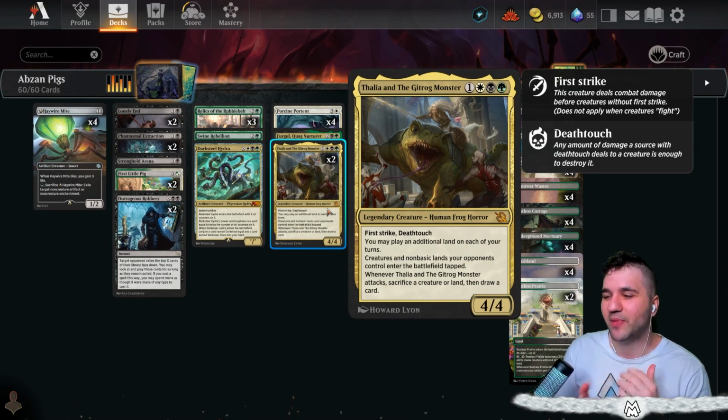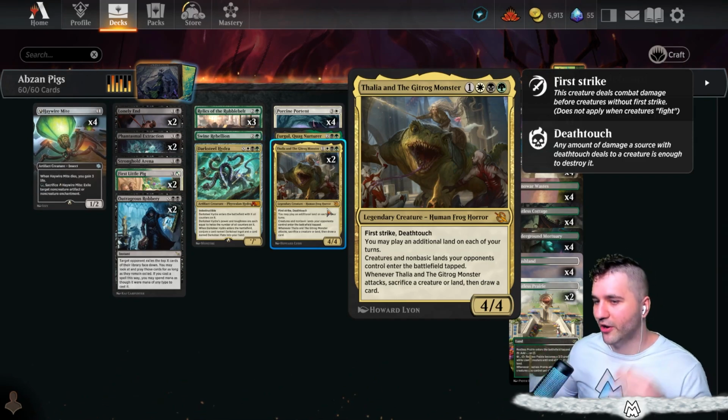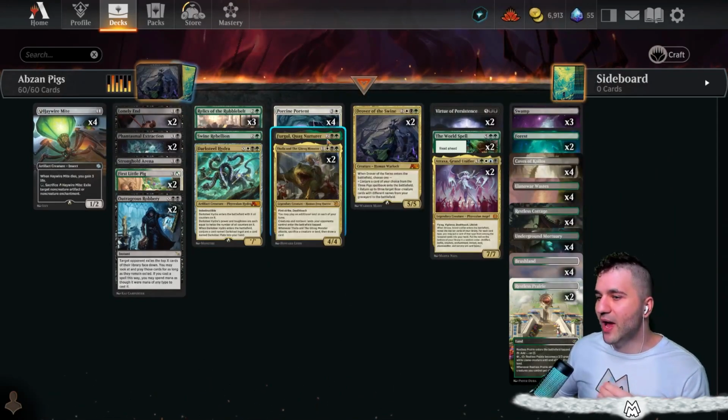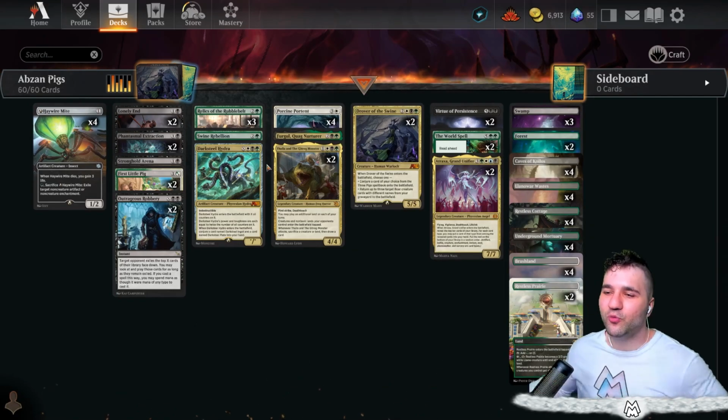First strike, deathtouch, you may play an additional land on each of your turns, and other stuff your opponent has comes in tapped. And then whenever it attacks, sacrifice a creature or land, draw a card. We do have a lot of different things that we like to do. Ramping, we do have the Relics of the Rubblebelt. We do have the new Fungal Quag Nurturer as some more ramp type stuff,